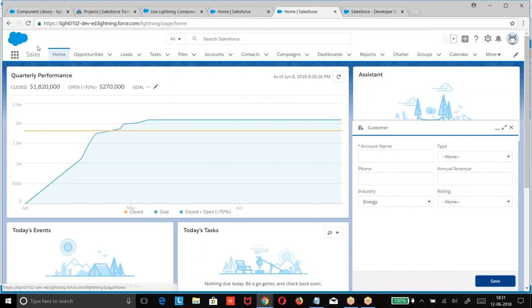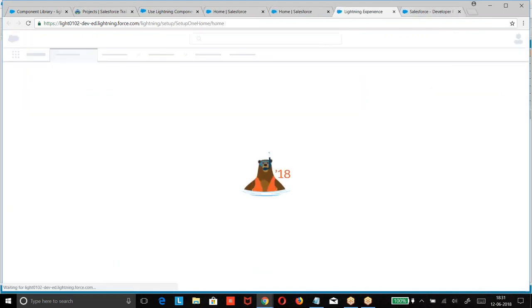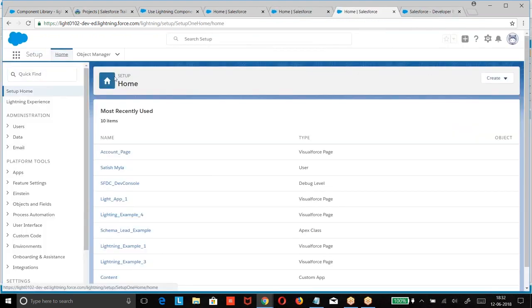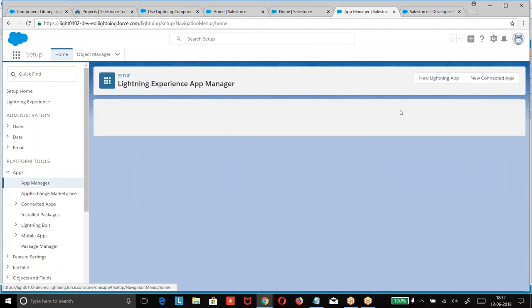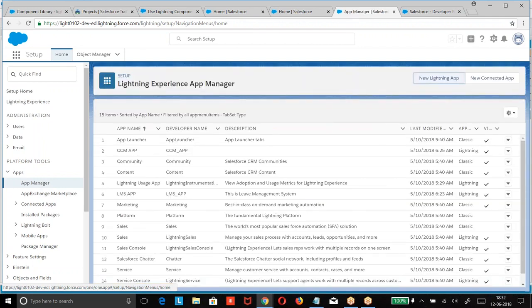Okay. Now, when you make a global action, if you remember, probably if you have created applications in the Lightning. If you are trying to create an application in the Lightning app manager, new Lightning app.